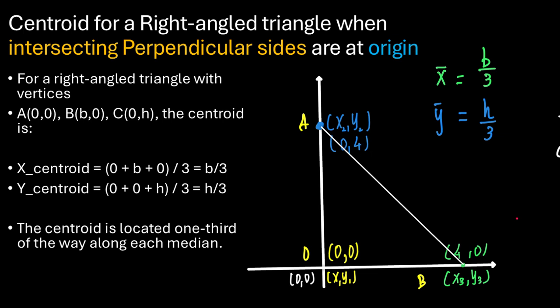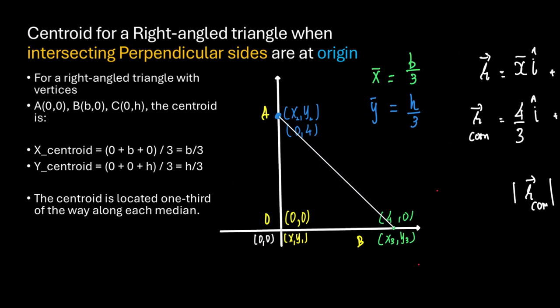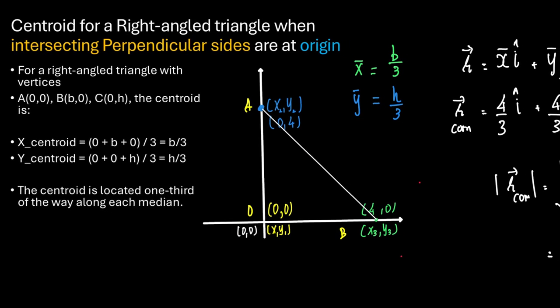The centroid is given by 0 plus B plus 0 by 3, which is x1 plus x2 plus x3 by 3, and y of centroid, which is y bar, is given by y1 plus y2 plus y3 by 3. So if we were to write the values here according to the question, B is equal to 4, and this height AB is equal to 4 as well. So we have x bar is equal to B by 3 and y bar is equal to H by 3,